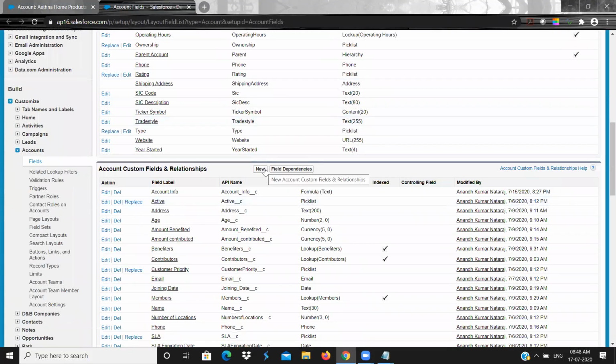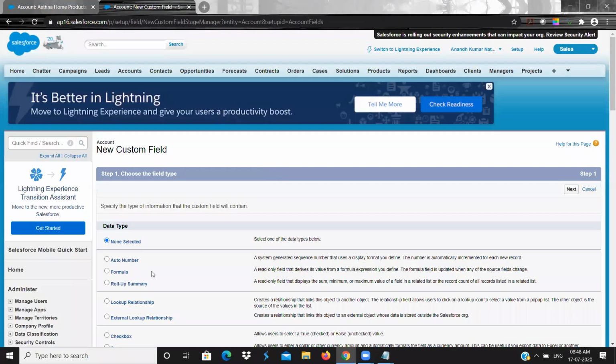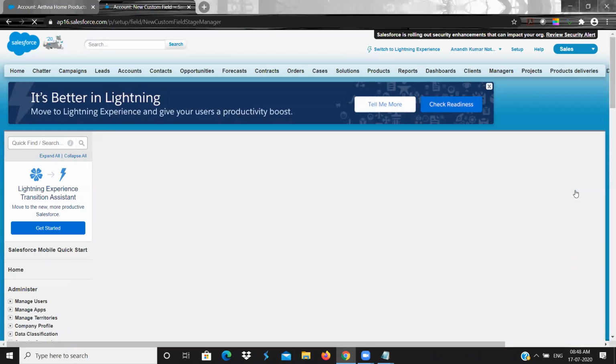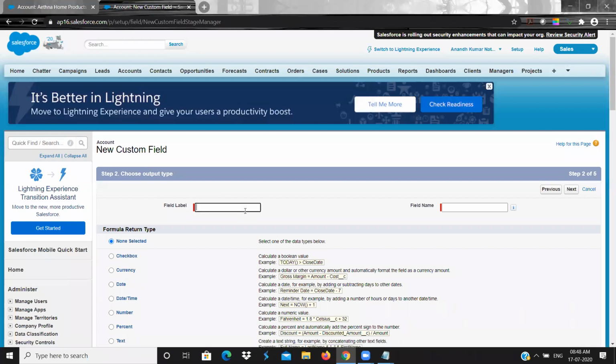If you want, go to view fields. New custom field, and you need to select formula. Click on next, and here type details.